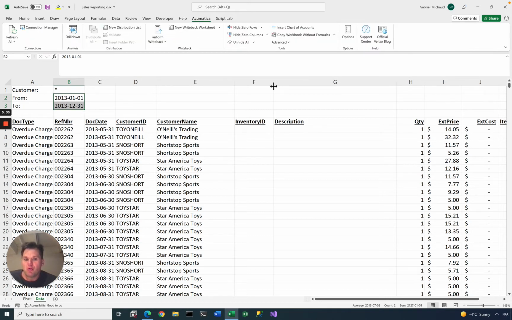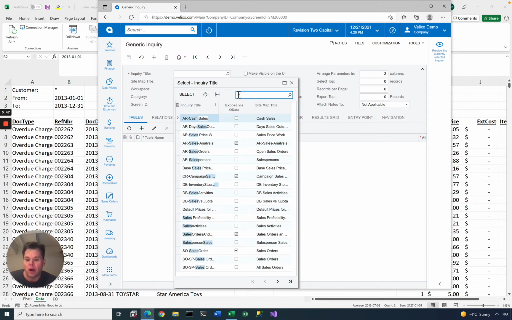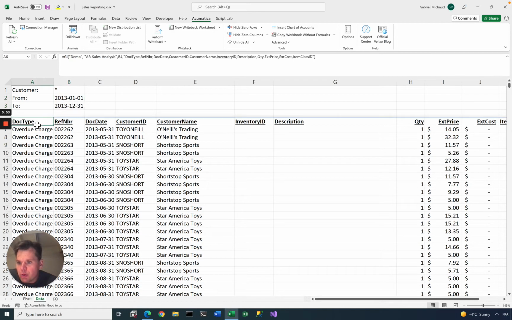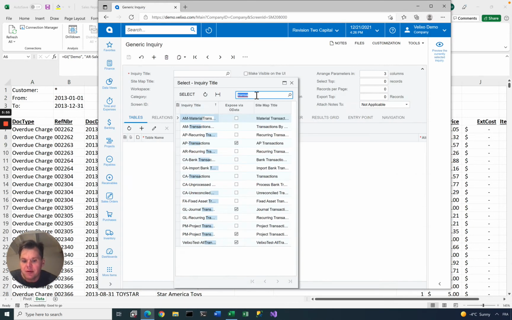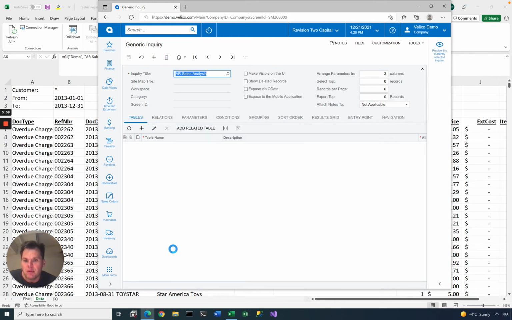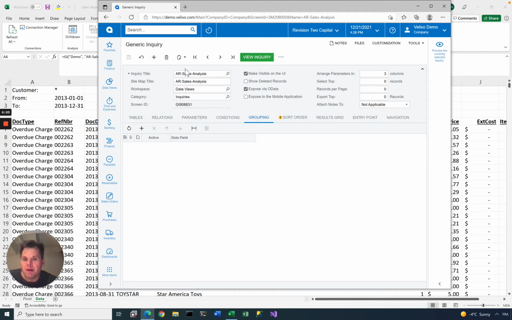You could also set up grouping in Acumatica. In my case, I didn't do that, but if you were analyzing by month, you could group instead of having every single transaction listed. You could modify your inquiry here. It's the AR sales analysis. So this inquiry here could be grouped by adding our grouping fields in the grouping